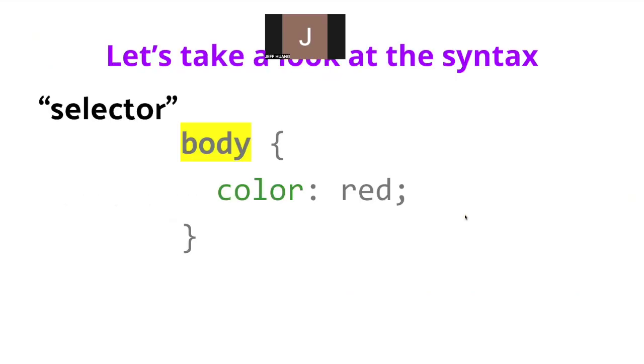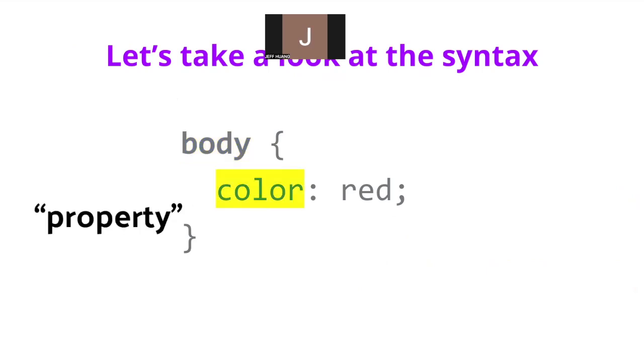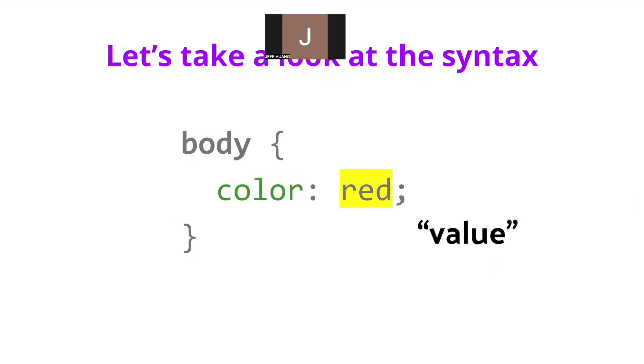So let's take a look at some of the syntax of CSS. Here, we define a selector called body, and we use curly brackets, and we can specify what color we want the body to be. So here, we specify that to be red. Color is a property of the body, and red is a value.